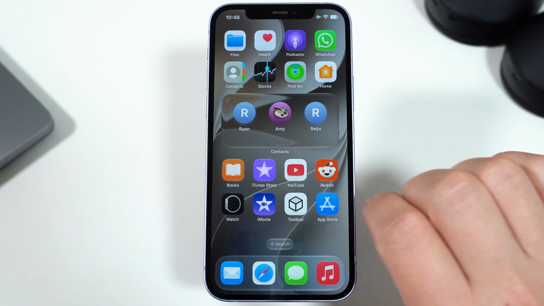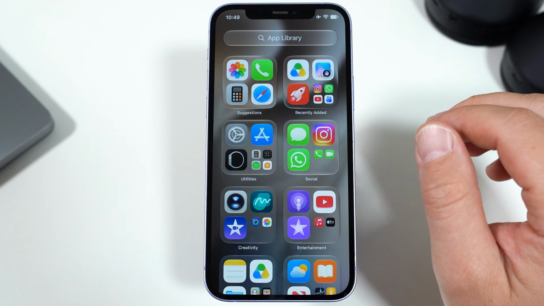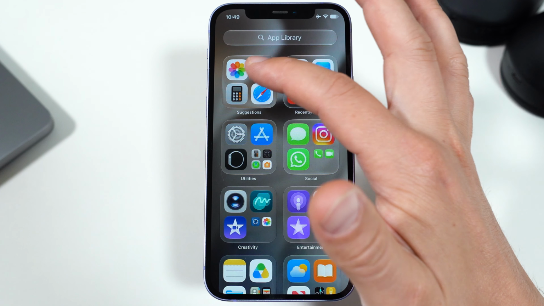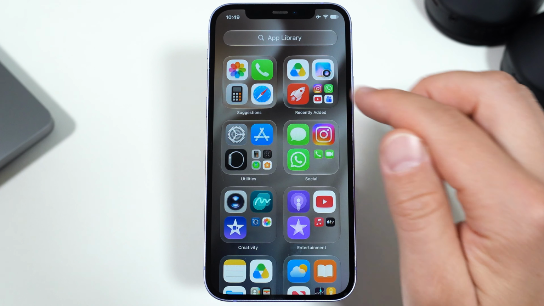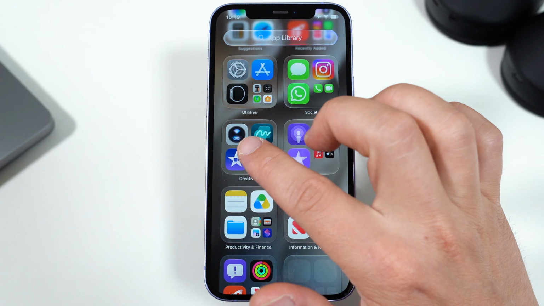If you swipe all the way to the right, past all your home screen pages, that's where you'll find your app library. This basically shows all your apps, just in a more curated and condensed format. It's automatically organized for you, and you can't change how it's sorted, even if you wanted to. You'll see suggestions based on your usage, recently added apps, and then categories like social media, creativity, entertainment, and so